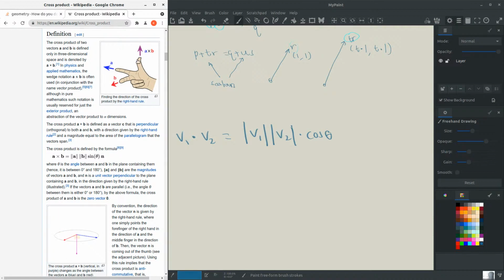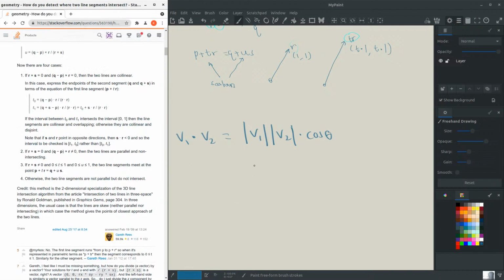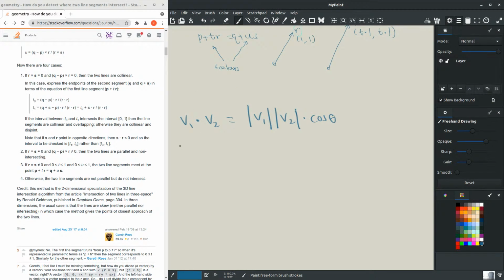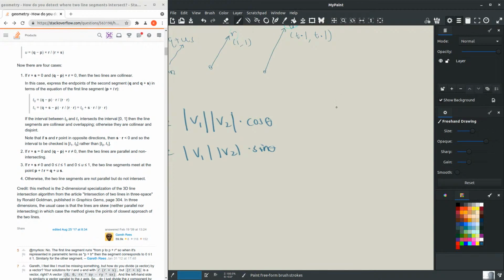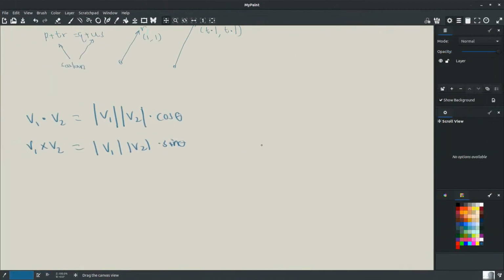So this gives us something which we can use to find a normal of a face or things like that if we're dealing with 3D, or rotation direction. So we have this is our dot product, v1 cross v2 is equal to v1 times v2 times sine of theta, right? And this is useful because of one property of these, as you probably know,